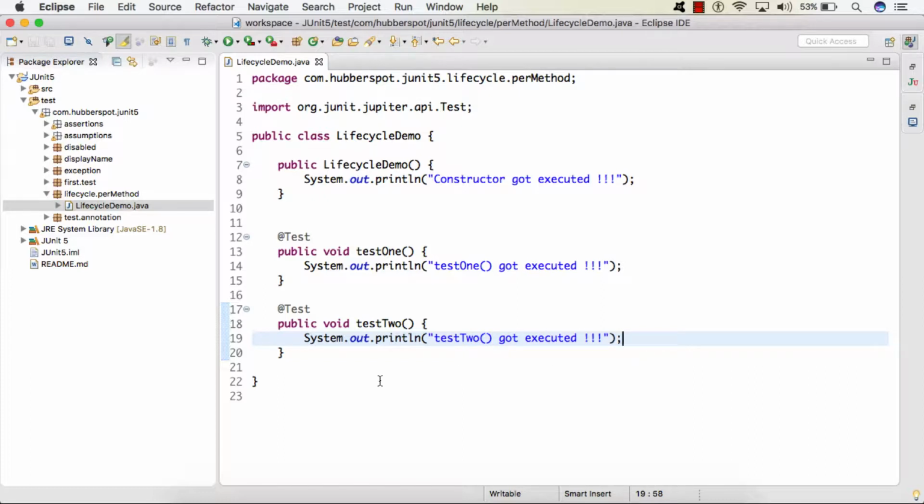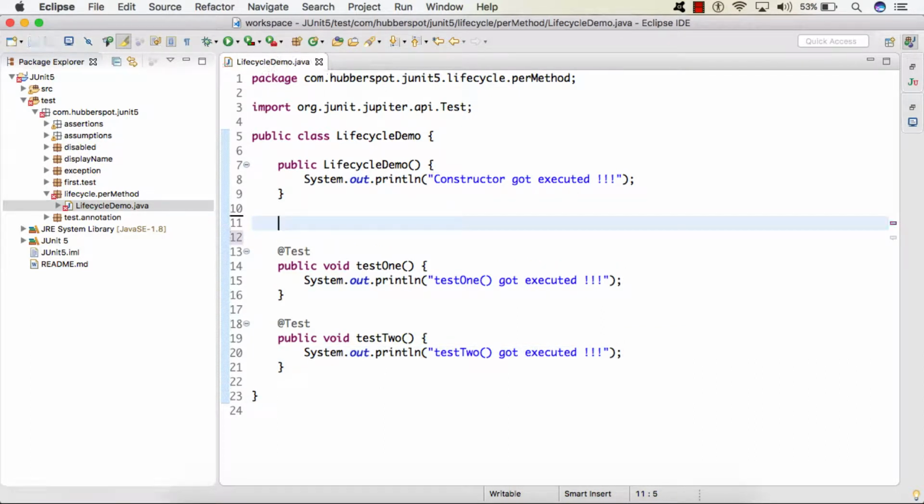So friends, we saw that there are four main annotations, which are nothing but lifecycle hooks of our test class. So we'll create a few methods and annotate them with our lifecycle annotations. Here let's say I create a static method. We can provide any name to it.